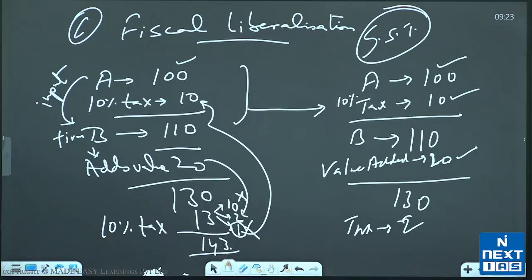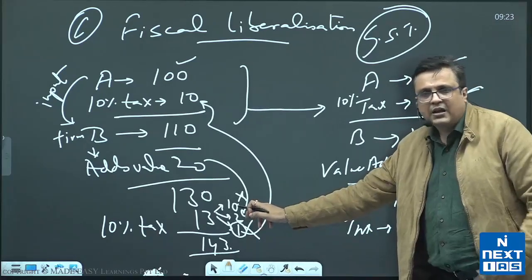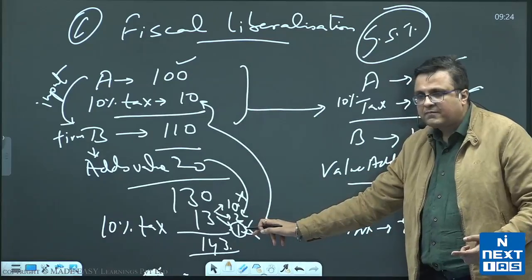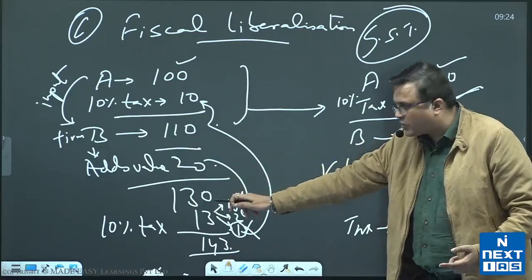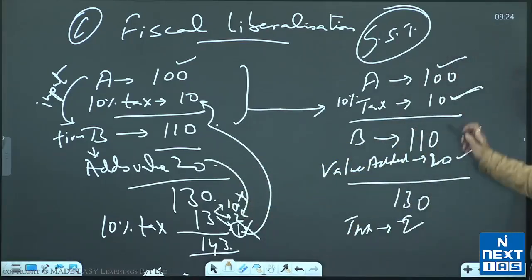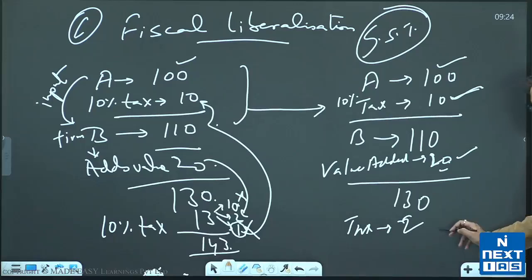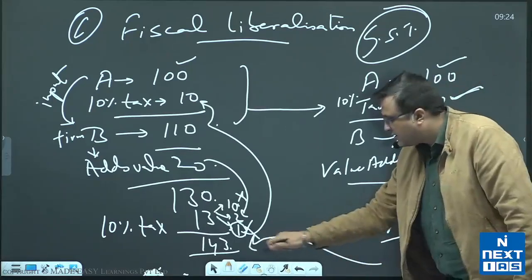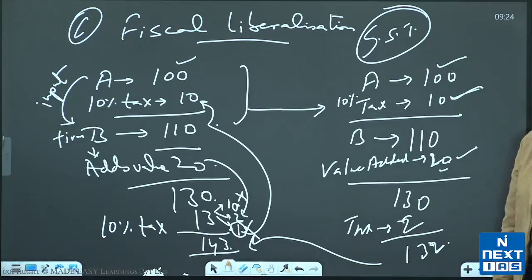You understand that? B will add 2 rupees tax on top of it. Why 2 rupees? Because B knows I'll get this 10 rupees back. So why should I collect it from the consumer? So this 10 will not go to the consumer, and B will know that since I am not being taxed for this 10, no need to pass this one. So the value for B is not 110 plus 20, 130. The value for B is 100 plus 20, 120. You understand that? Plus 12 rupees tax that I have to pay on 120. So the price in the market will now become 132, much lesser than what it was earlier. Controls inflation.